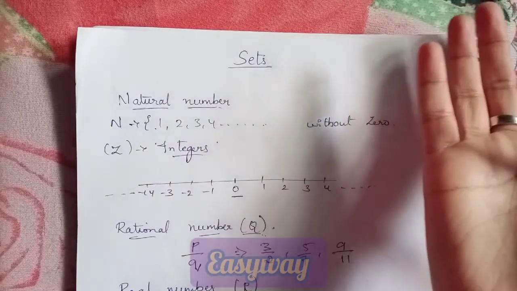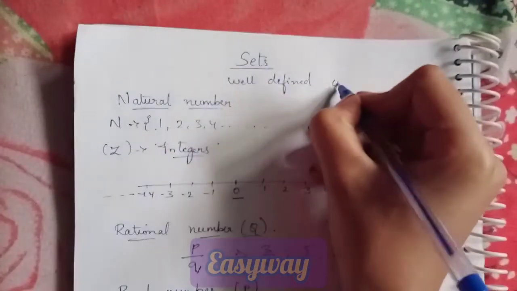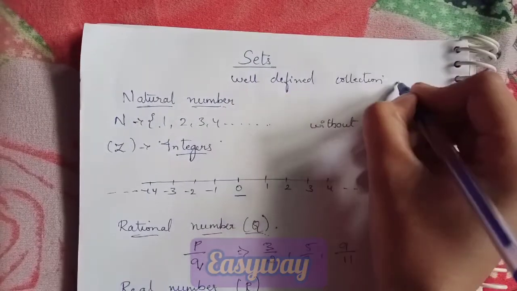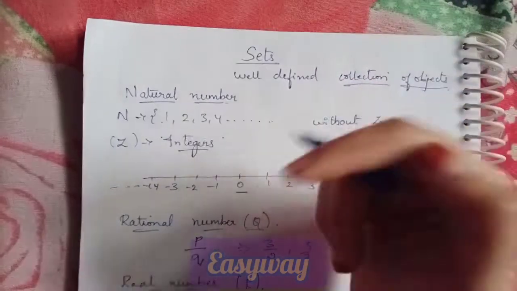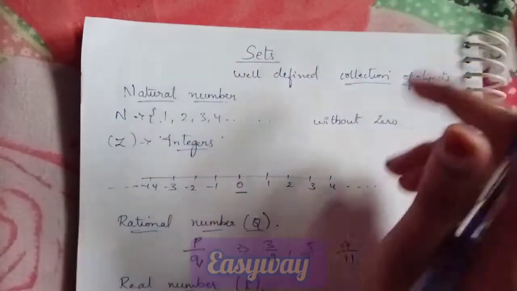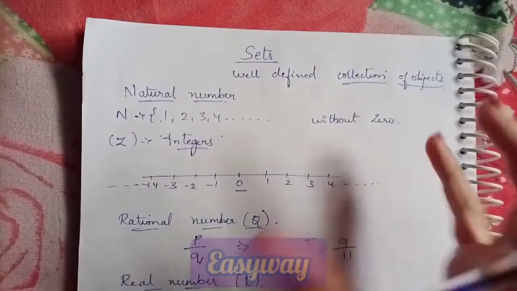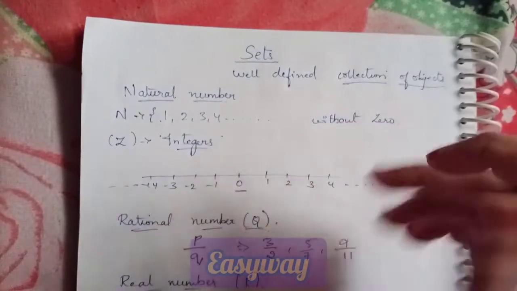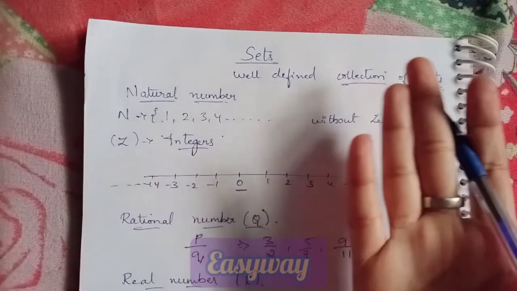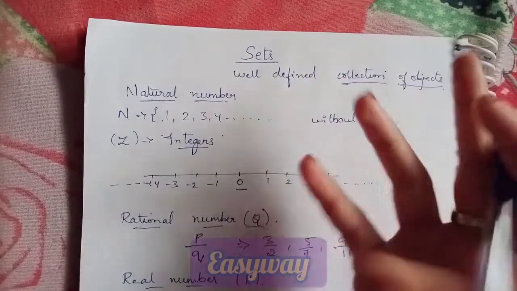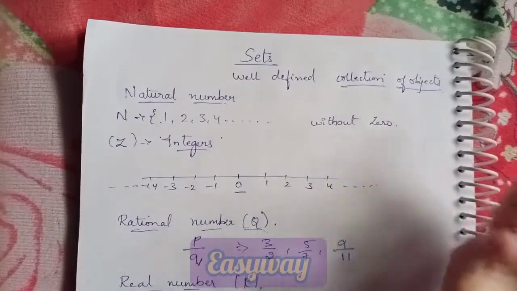We can commonly say sets are a well-defined collection of objects. For example, one shirt and one pant is one set. Bangles together is one set. And one jug with 6 cups is another example. These are all examples from our daily life. So a set is a collection of objects.